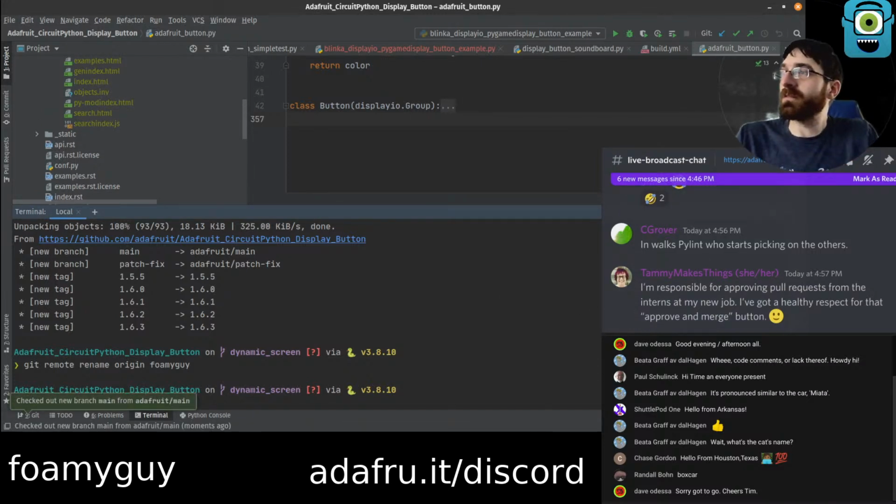I'm responsible for approving all pull requests from the interns at my new job. Got a healthy respect for that approve and merge, but yeah. It definitely depends on what you're working on. The good thing is, depending on how many users your thing has, the worst case scenario if there's a bug is that it can get fixed relatively quick and a new merge can happen afterwards.